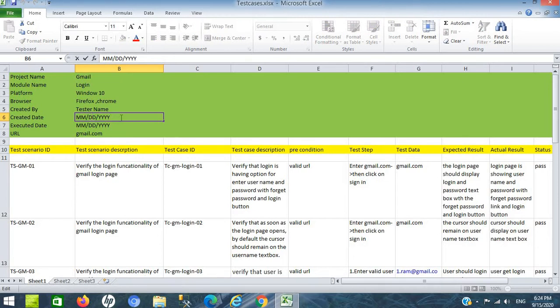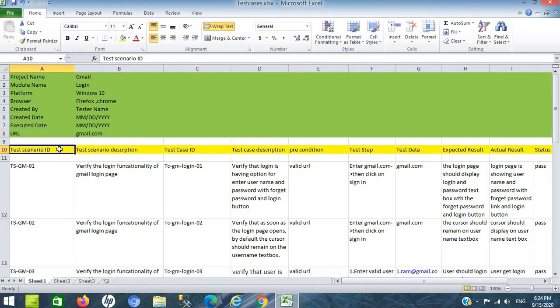Sometimes you have to make the test cases before the project goes live. So before that you get the requirements and you make the test cases. After the entire website is made, you have to execute every test case. In this row I mention the date on which I am executing all the test cases which I have prepared, and the URL, meaning on which website you are doing the testing. All these things are mentioned in the URL row.